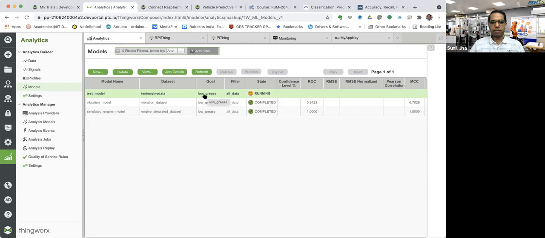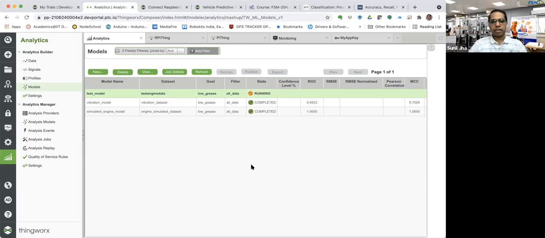And once the job is complete, because the server is now processing that data, I'm just giving you a background in understanding the simplicity with which a person from industry can use the platform. That's all. So this is another way of generating the model configuration. Right now we are just following one simple example, but there's a lot of information on ThingWorx Analytics to configure it also. Right now we are not selecting which model to use. It is doing that on its own.